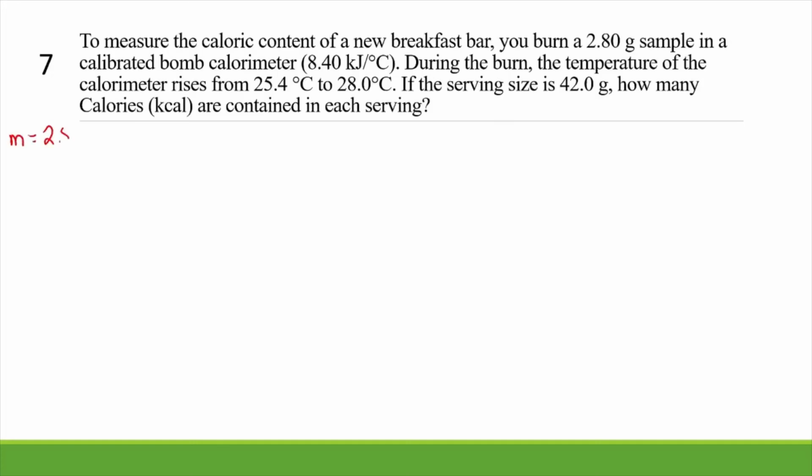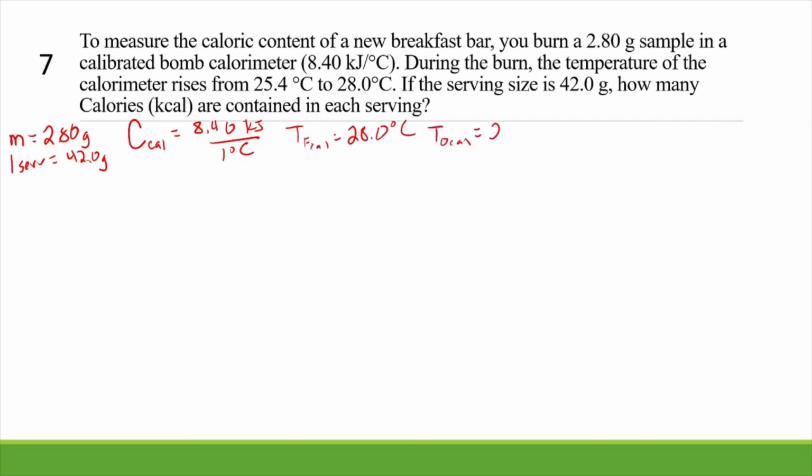The mass of our bar is 2.80 grams. 1 serving is equal to 42 grams. We know that the heat capacity, big C, of our calorimeter is equal to 8.40 kilojoules per 1 degree Celsius. And we have a final temperature of our calorimeter of 28 degrees Celsius, and its initial temperature was